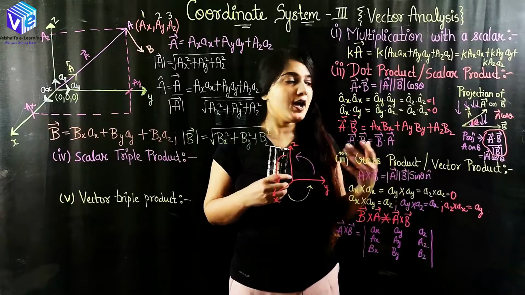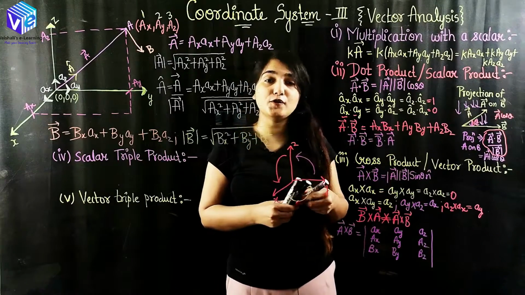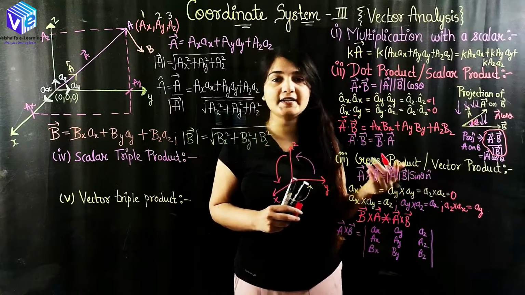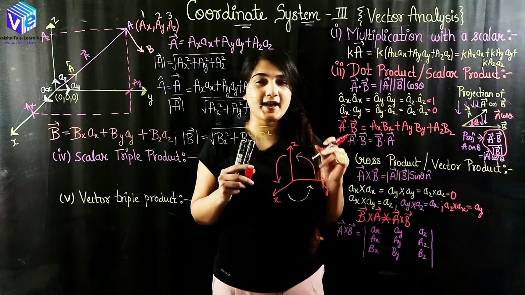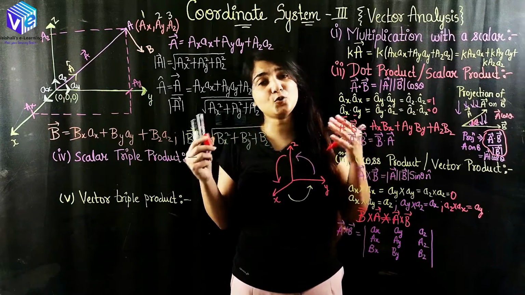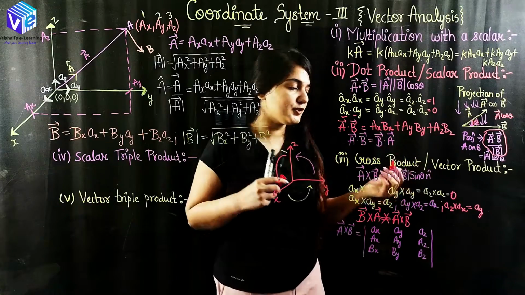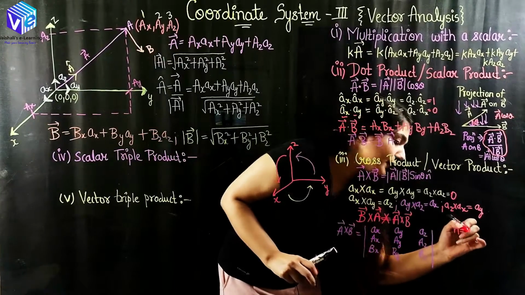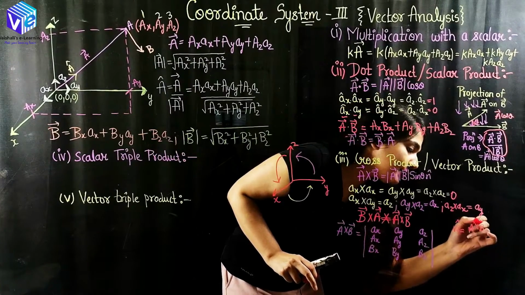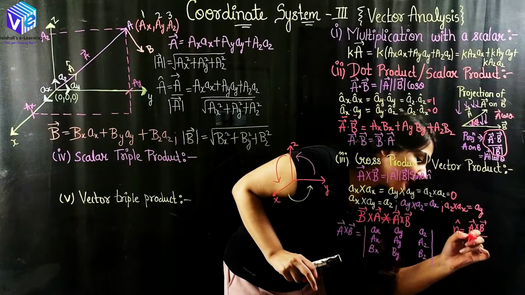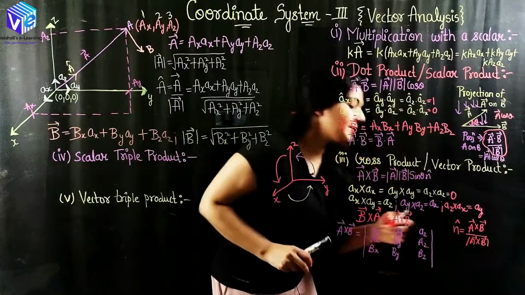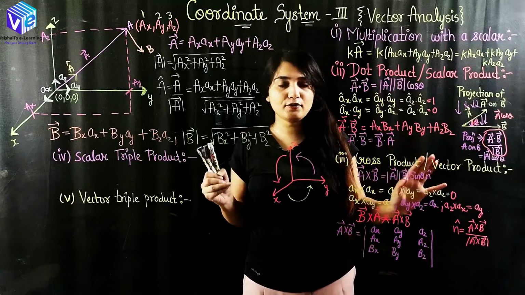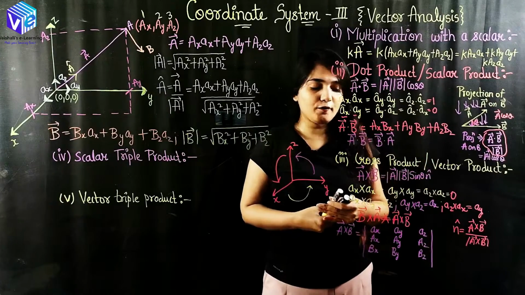Now where is it used? Again, it can be used to find out the normal. So if I have any two vectors A and B, and I have to find out the normal to both of these vectors, a vector which is perpendicular to A as well as perpendicular to B, how can I find it? I can find it with the help of n cap. N cap will be equal to A vector cross B vector divided by the magnitude of A vector cross B vector. So this will be giving me the normal to A as well as B. I hope now you understood what the vector product, or the cross product, is.